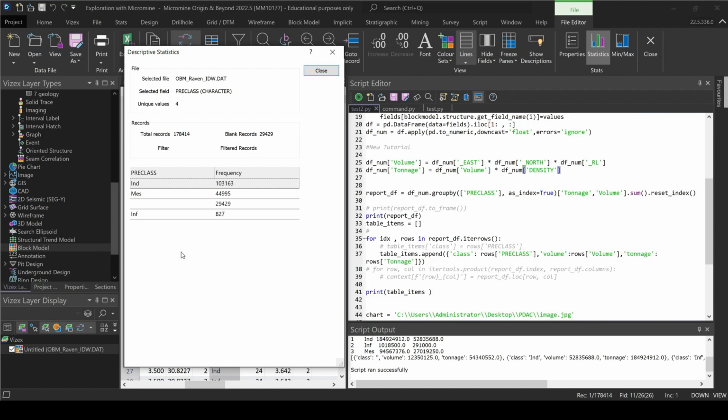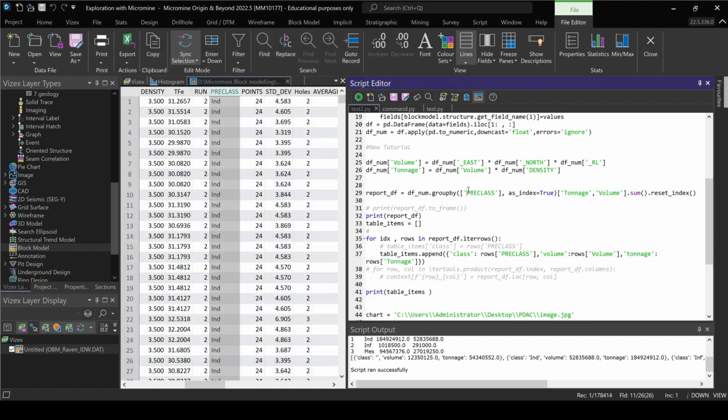So it's going to filter all of these. Then it's going to look at the tonnage and the volume and calculate the sum for the tonnage and the volume. Okay, so it's going to do that for all the different unique values or classes in our case,